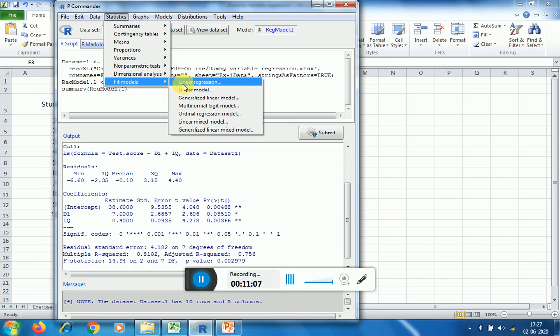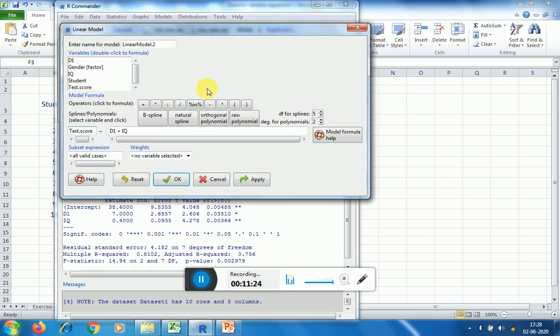So if you want to overcome this problem, you click on fit models, and instead of selecting linear regression, you select linear models and then click on OK. Now here again you can see the variables. All the variables are listed here, factor as well as numeric.